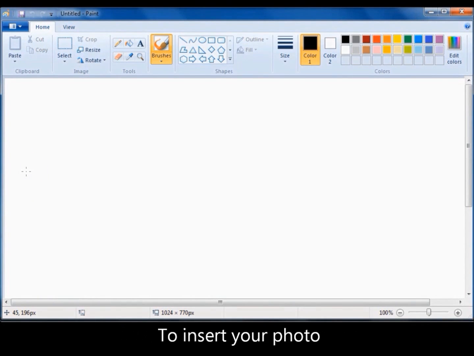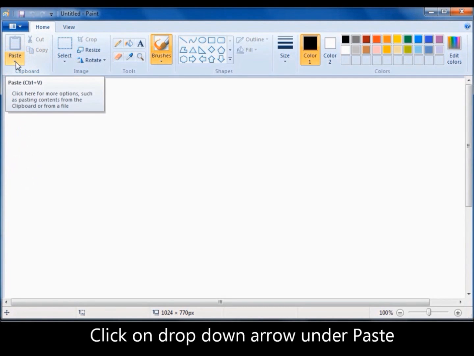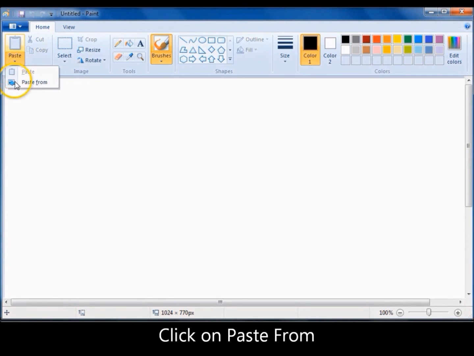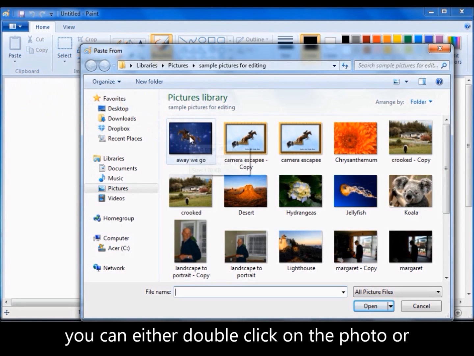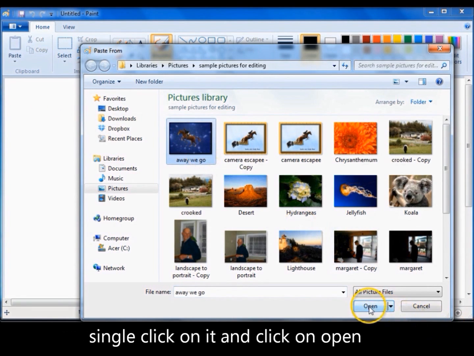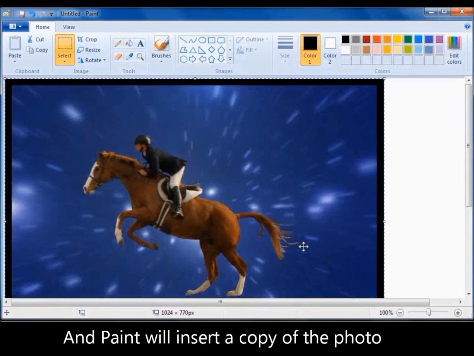To insert your photo, go to the drop down arrow under Paste, click on that, click on Paste From. When you find the photo you want, you can double click on it, or you can click on it and click Open, and Paint will insert a copy of the photo. However,